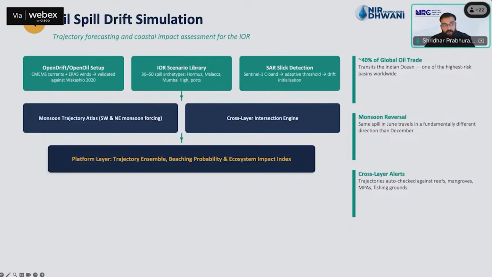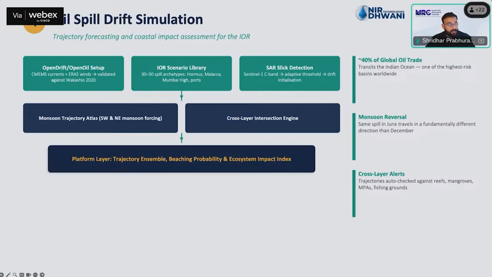The fourth initiative is on oil spill drift simulation. Approximately 40% of the global seaborne oil trade passes through our basin, and India is a monsoon-heavy region, and monsoon and waves shift the way oil travels. So there are two factors that we are considering here. One is to identify an oil leakage, and second is to calculate the oil drift: where an oil leakage is happening and X hours down the line, how that oil is going to drift and spread across the ocean, and how it is going to impact.